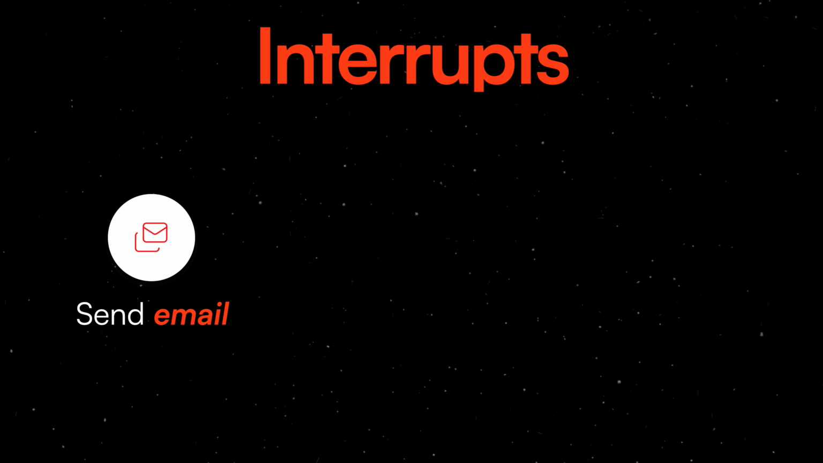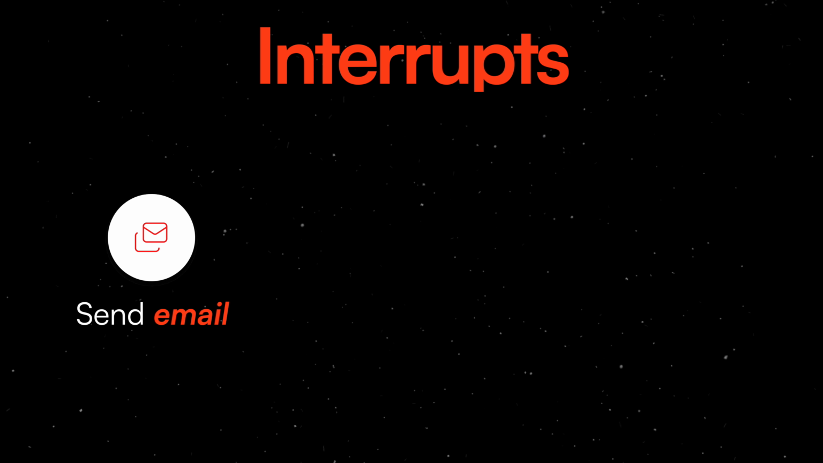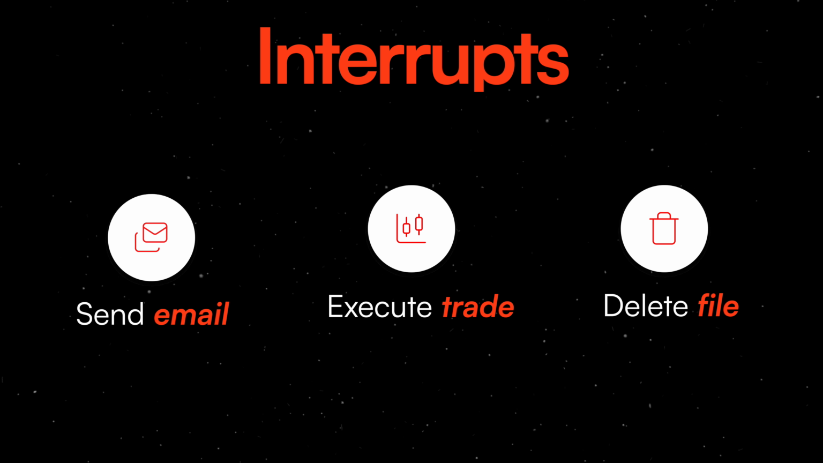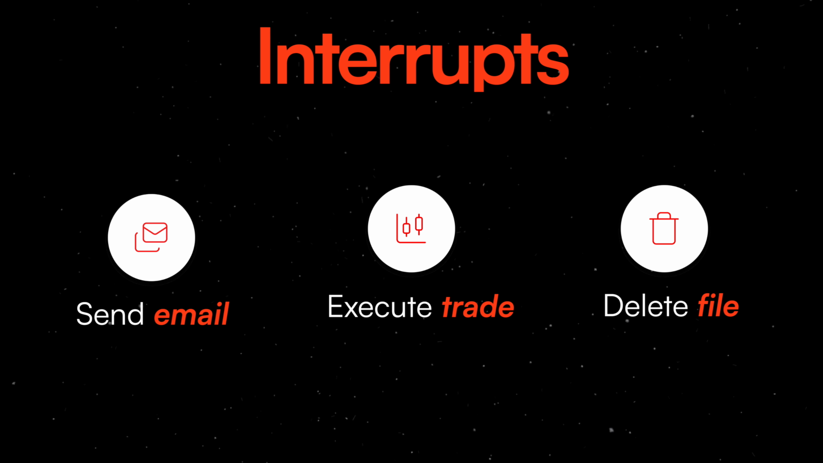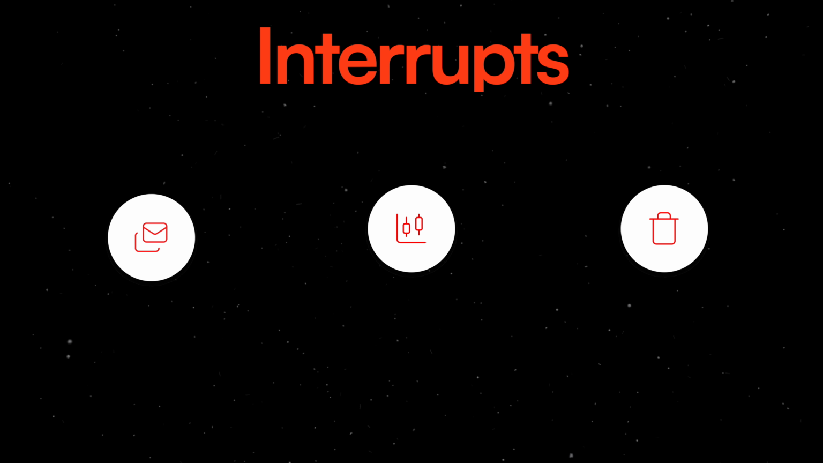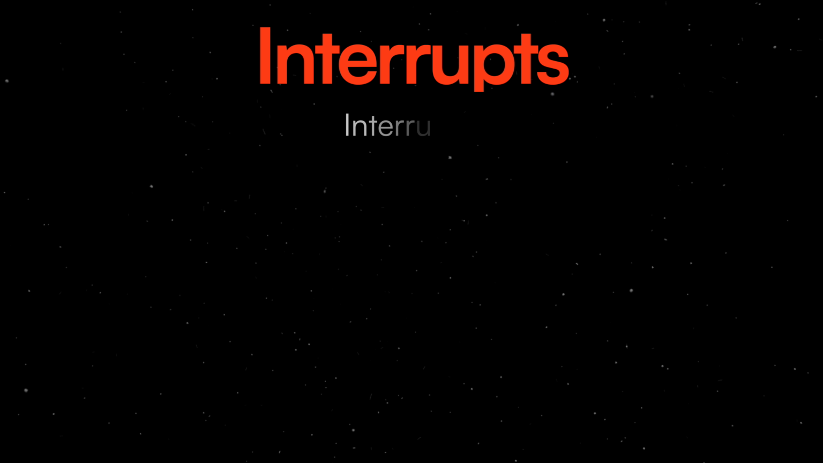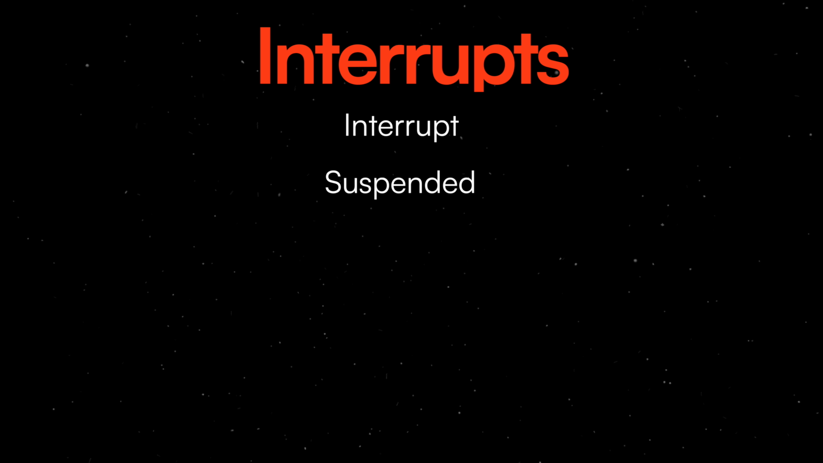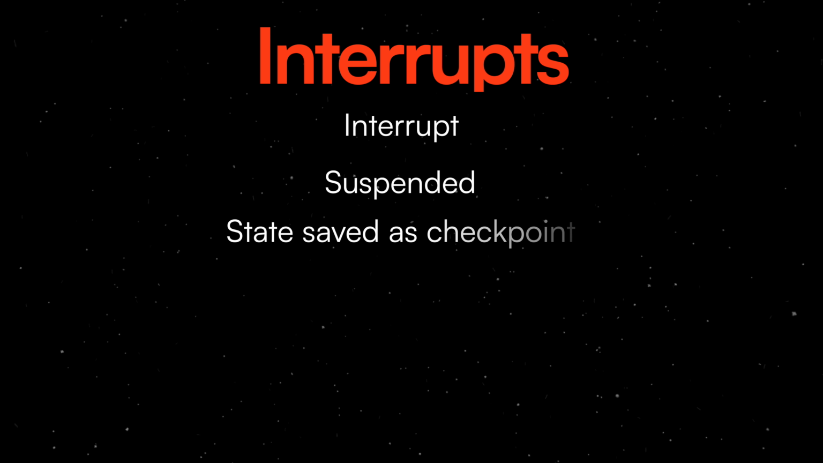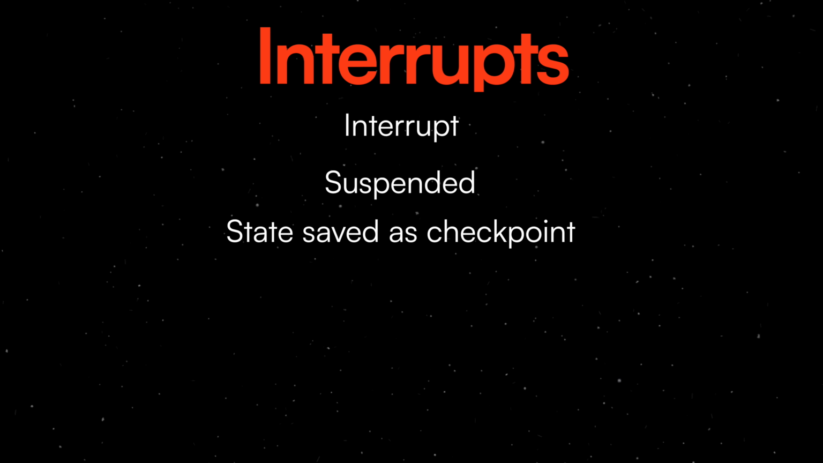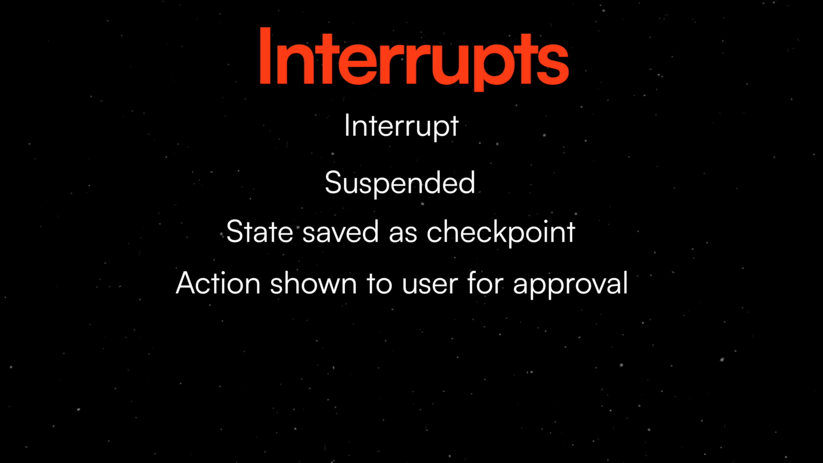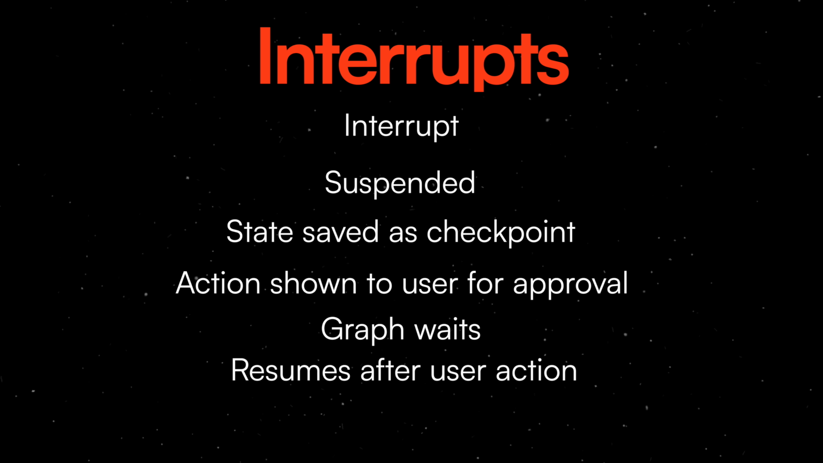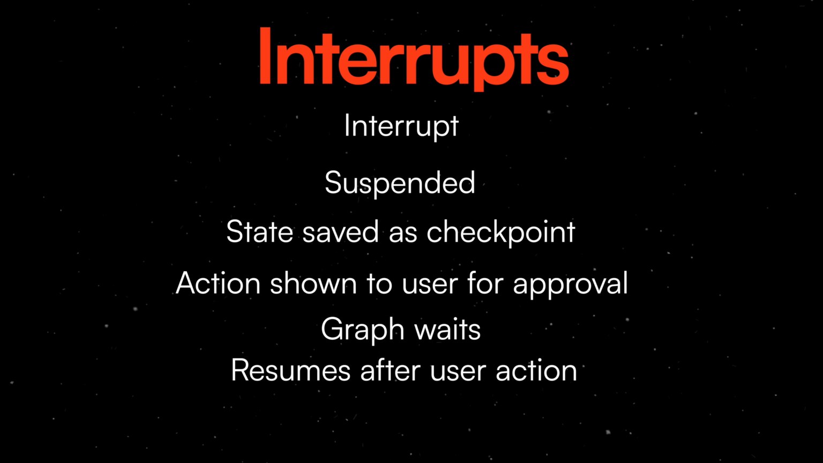Imagine your AI agent is about to send an email, execute a trade, or delete a file. You probably don't want to do it without asking first. That's exactly what interrupt solves. When your graph hits an interrupt call, graph execution is suspended. Everything stops right there. State is saved using the checkpointer. A value is surfaced to the user who is calling the graph. The graph waits indefinitely. When you resume with the response, that response becomes the return value of the interrupt call